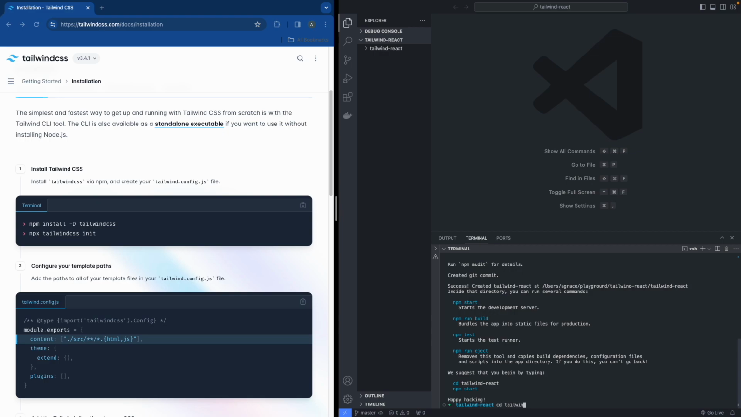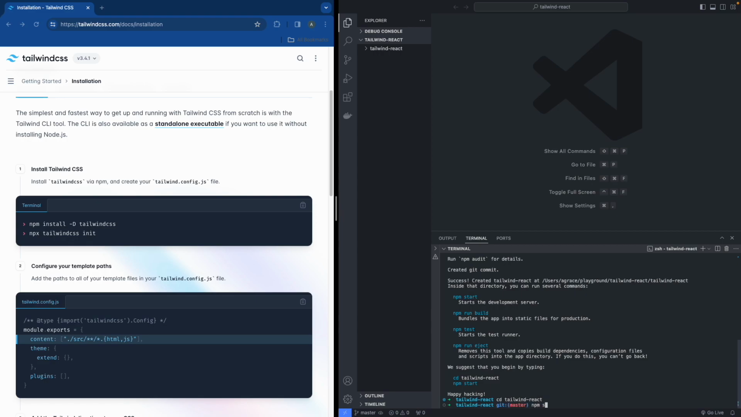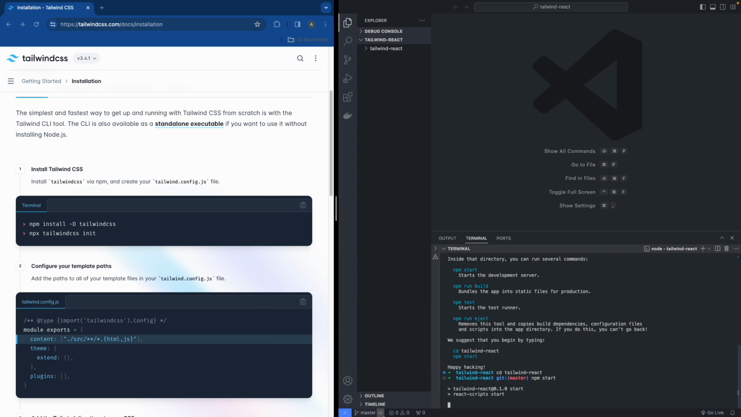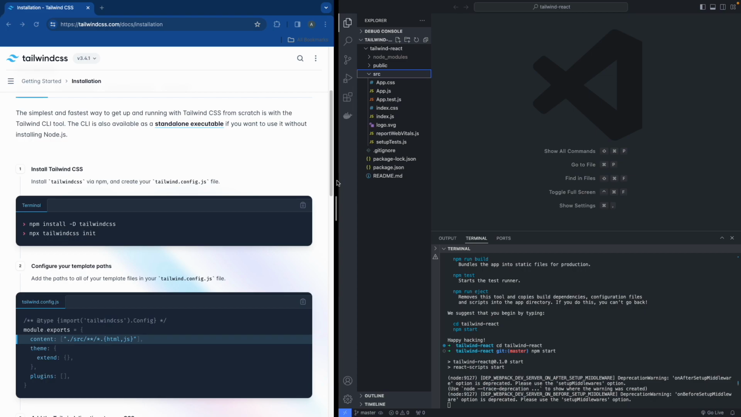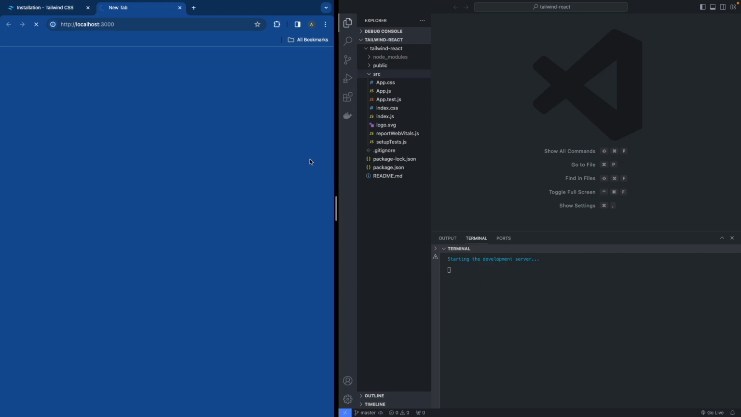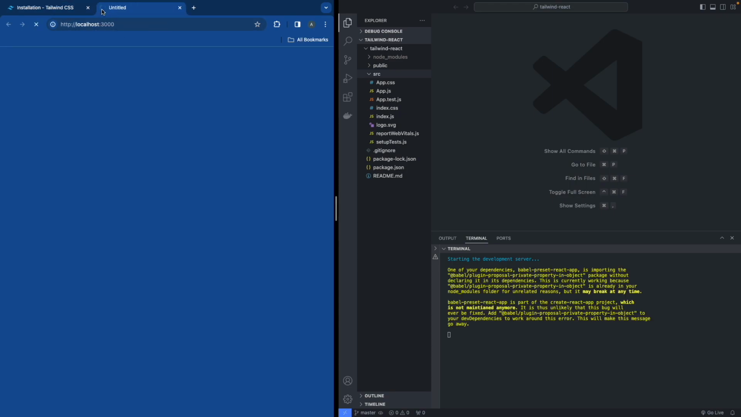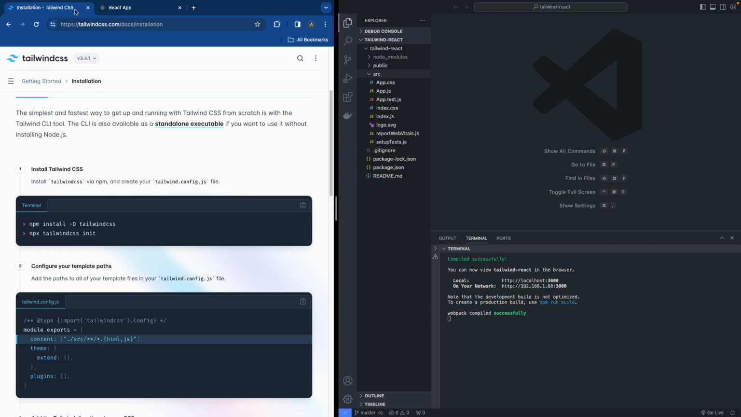We can now cd into the React app here, and we'll do npm start just to show you what it looks like, and then we'll open up the Create React app here, and wait till it starts here. Voila. Okay, so next step would be to